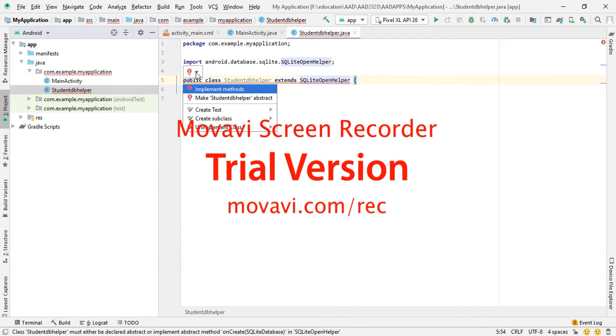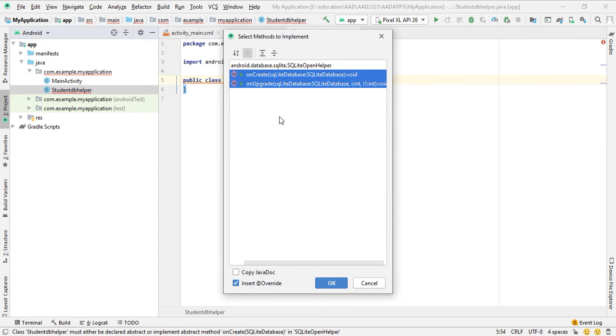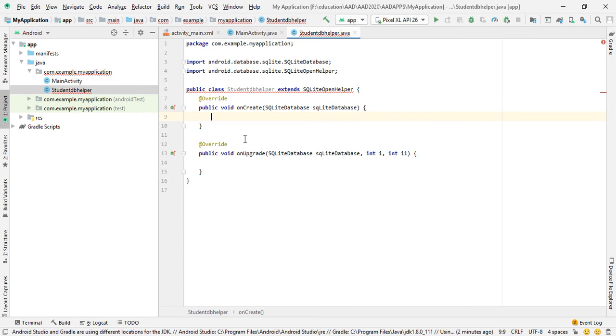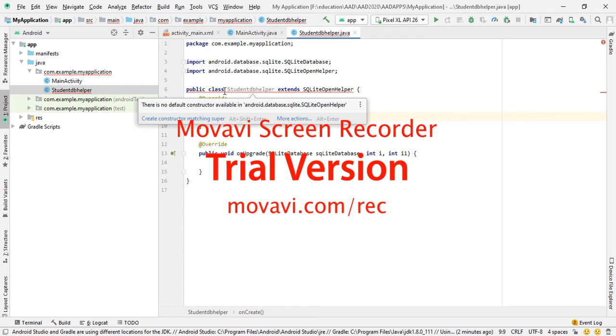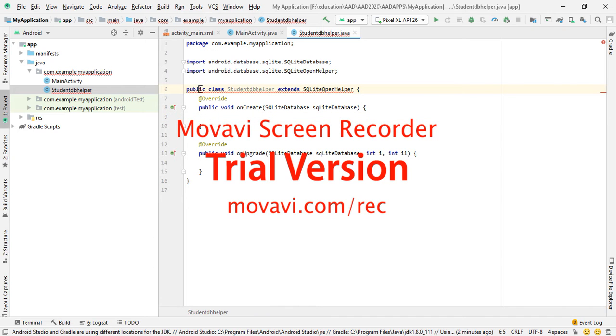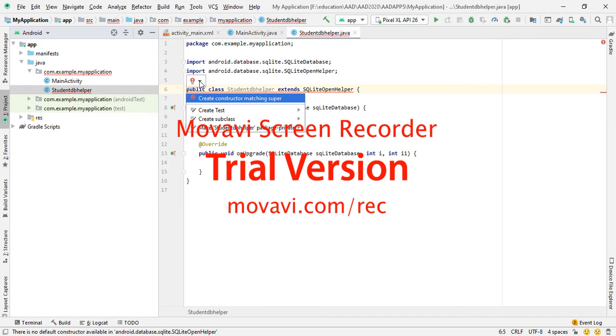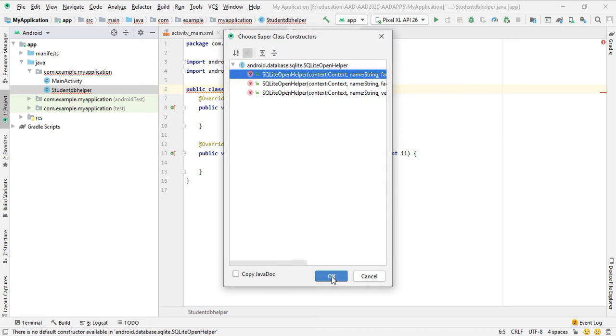Click on this, implement methods onCreate, onUpgrade. Click OK. Now still there is some error. So there is no default constructor available, so we have to add the constructor. Click create a constructor matching super.